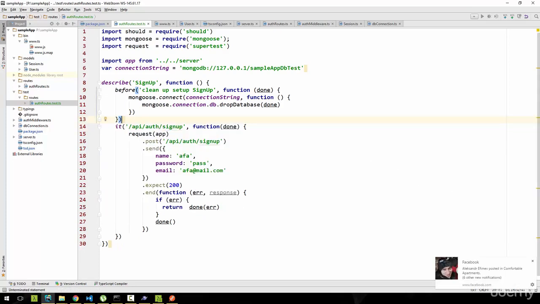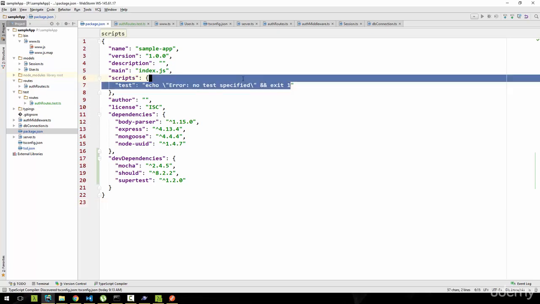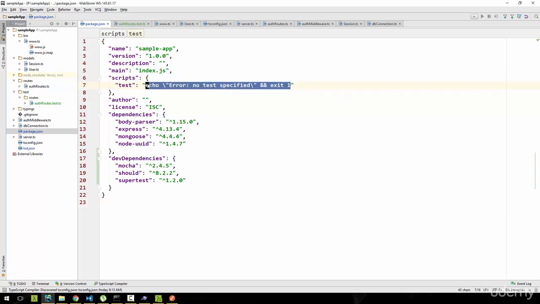So now that we have that set up, we can then set up our test to be run from our npm script. It's good practice to set up your test to be run from an npm script instead of typing it all from the beginning every time. So in here I will take this out, and then I will set up some environment variable. I'm using a Windows computer here, so to set it up I can do a set